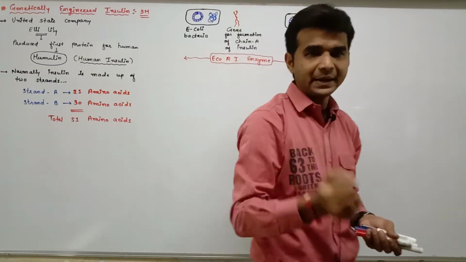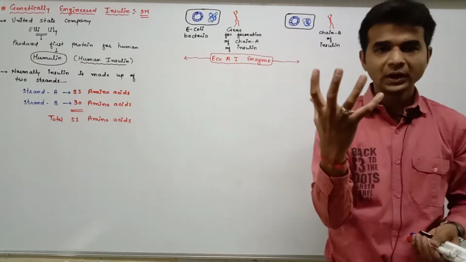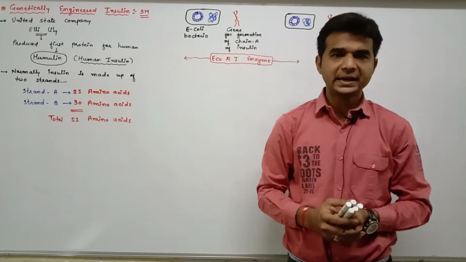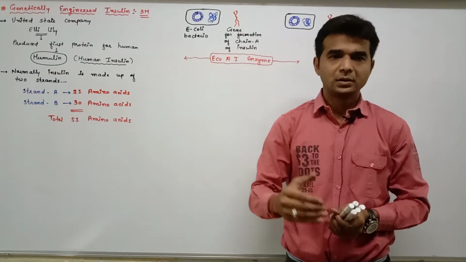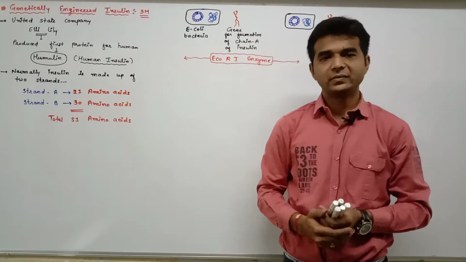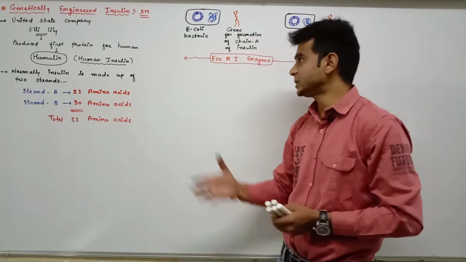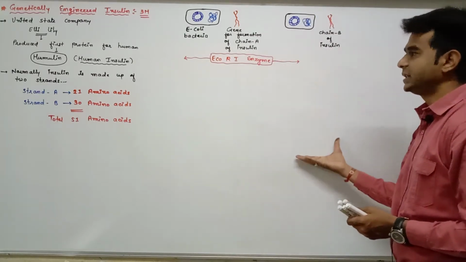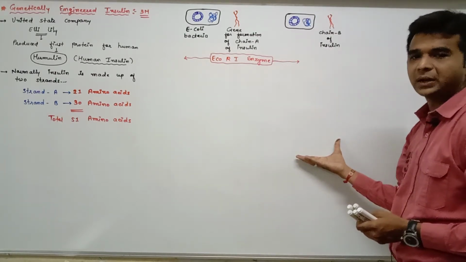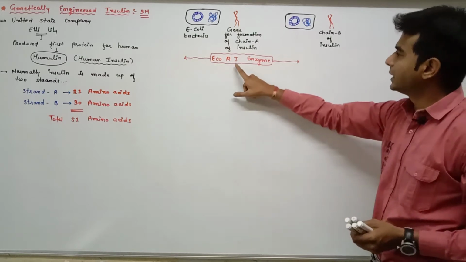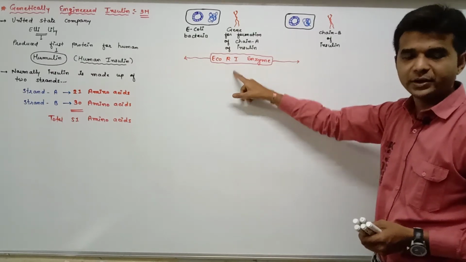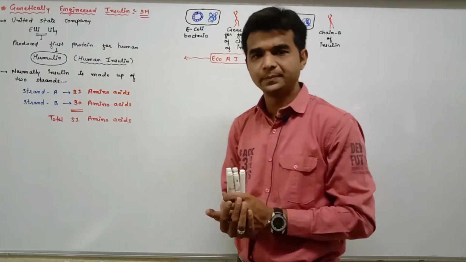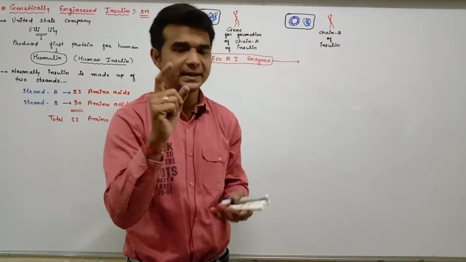Yes, so in the laboratory, in one culture medium, the Escherichia coli are kept along with that foreign DNA which forms the chain A of the insulin. And now this will be put in the second culture medium. Now EcoR1 is provided. So you know what is the function of EcoR1? It forms the sticky end.